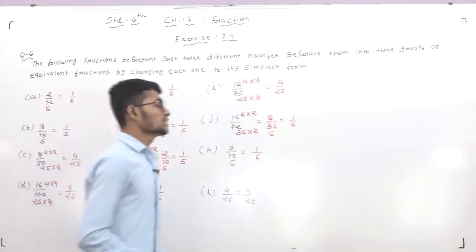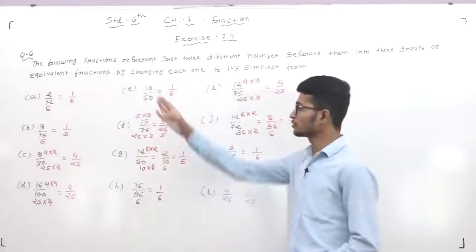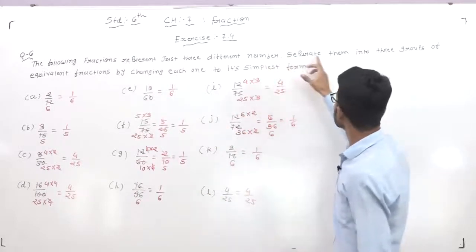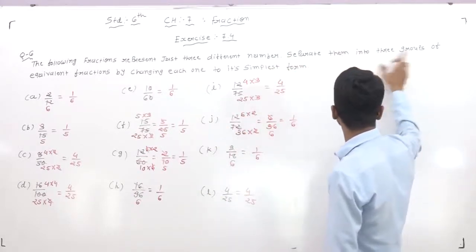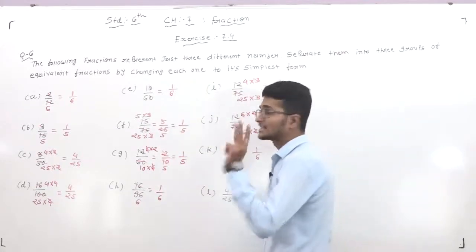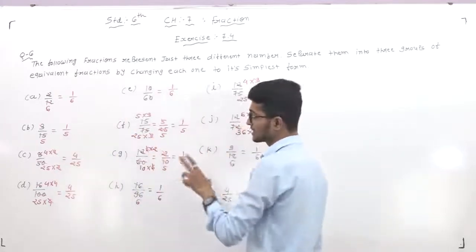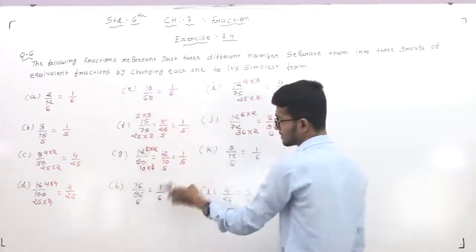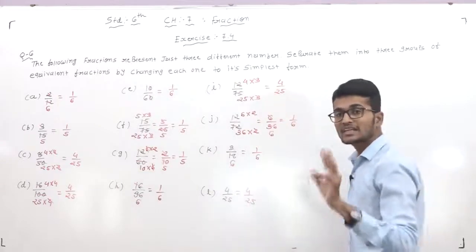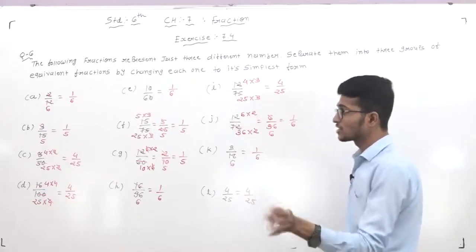So dear students, in this question we were given fractions and we converted them to the simplest form. Now in this simplest form we have to separate them into 3 groups. First of all there are only 3 groups: 1/6, 1/5 and 4/25. See, check your answer: 4/25, 1/6, 1/5, 1/5, 1/6, 4/25, 1/6, 1/6 and 4/25. Here there are only 3 groups: the first group 1/6, the second group 1/5 and the third group 4/25.